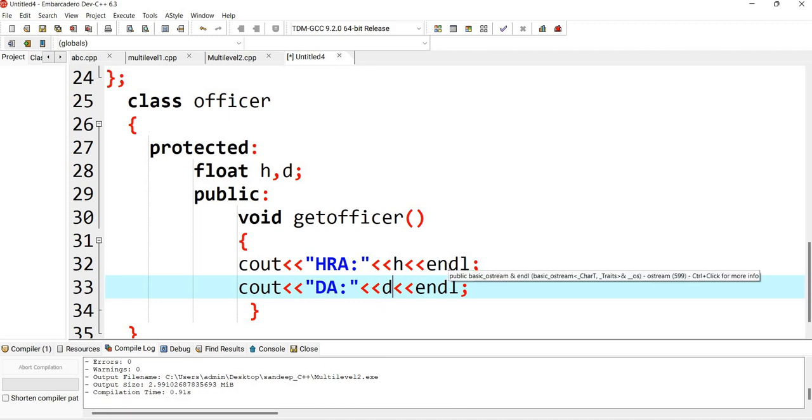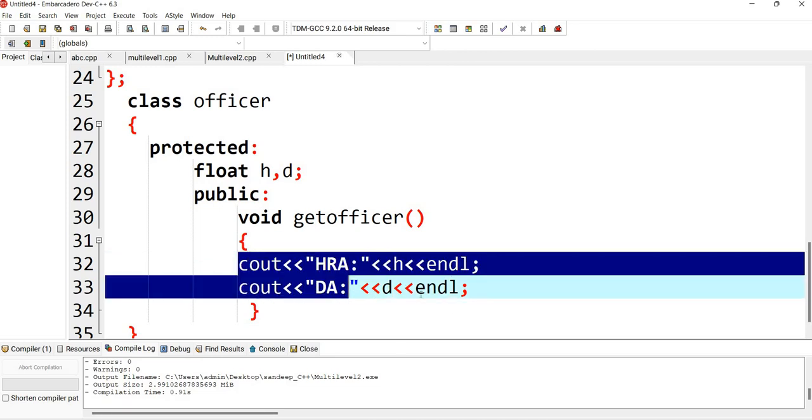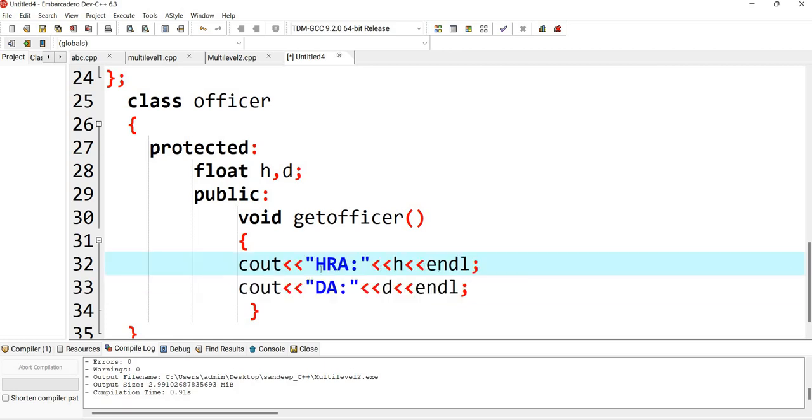But this is for input. I have to display it, so that will be displayed in the next function. Here I'll be taking input in this function. Enter HRA.